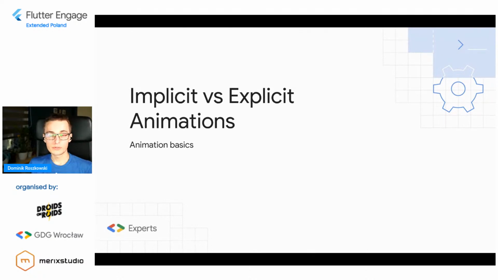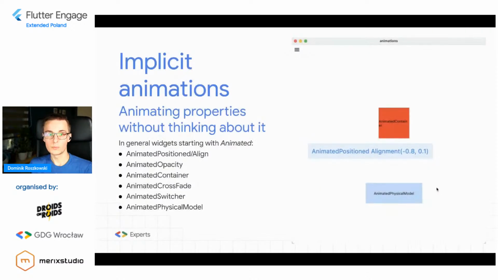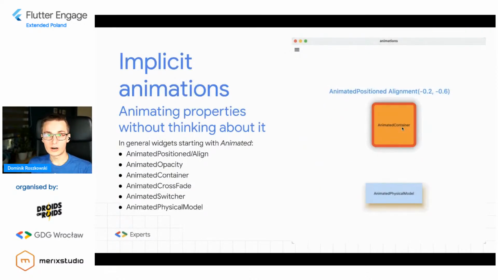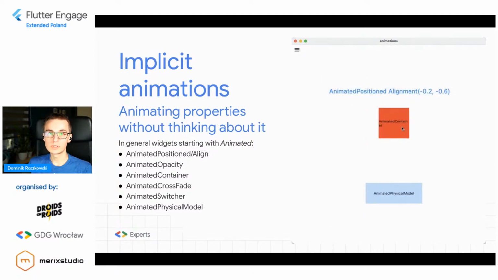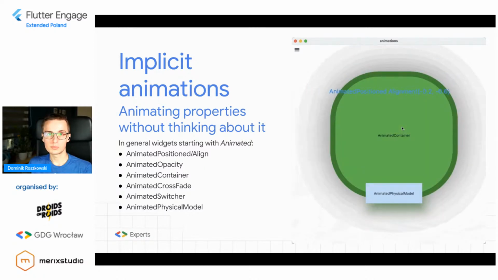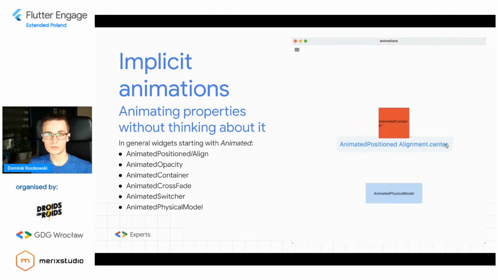Let's start with the basic stuff that's always there when you have animation presentation: the distinction between implicit and explicit animations. So let's start actually with an example. Implicit animations are the ones that happen in some kind of response to your action and where you don't actually have to create any animation controller. They just occur between changes of some state, changes of some property.